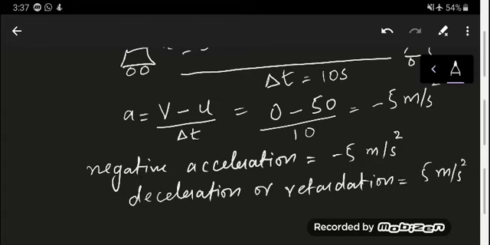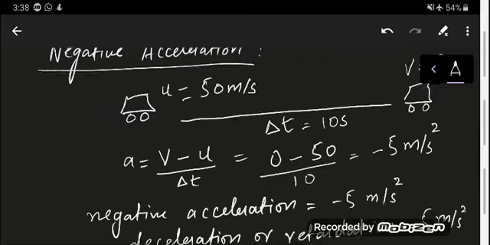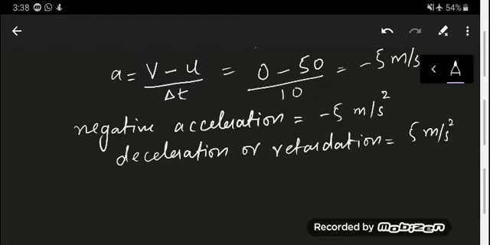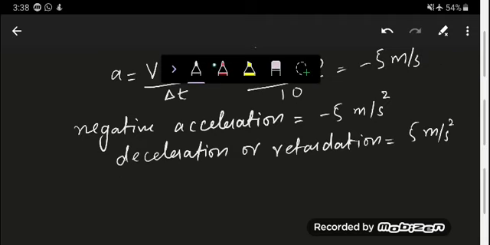So what it actually means is that the car is reducing its speed at the rate of 5 meter per second every second. So this is the concept of negative acceleration, deceleration or retardation. You see, with deceleration or retardation, you do not write the minus sign because the word deceleration already signifies that something negative is involved, right? Moving ahead,